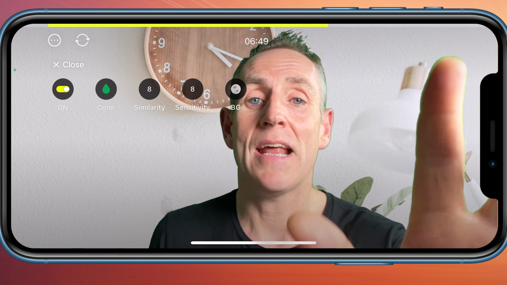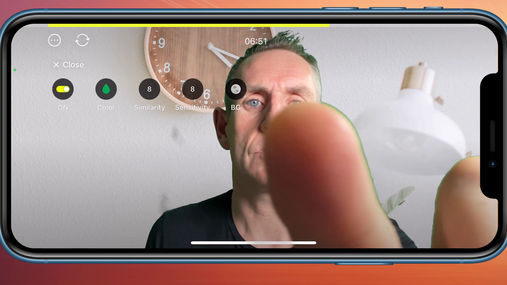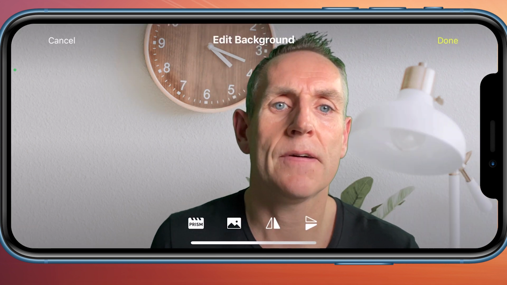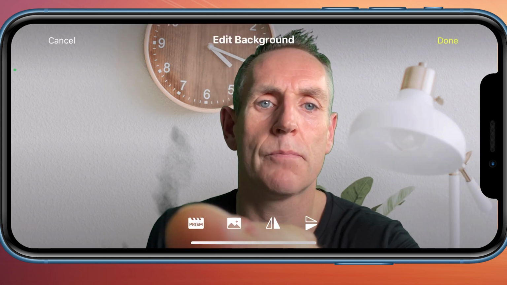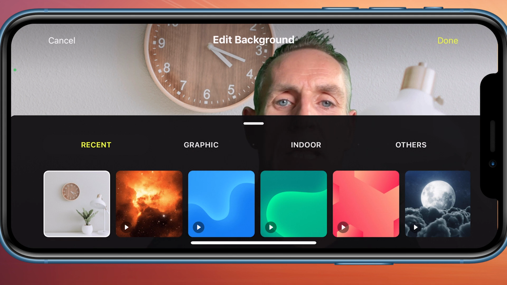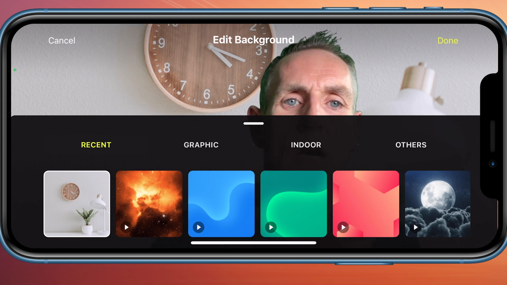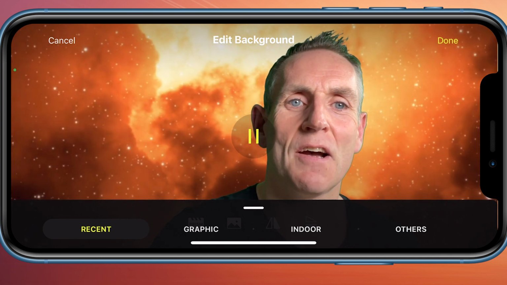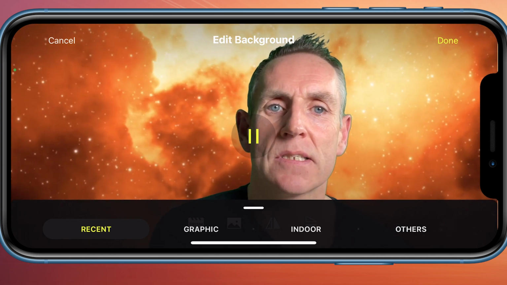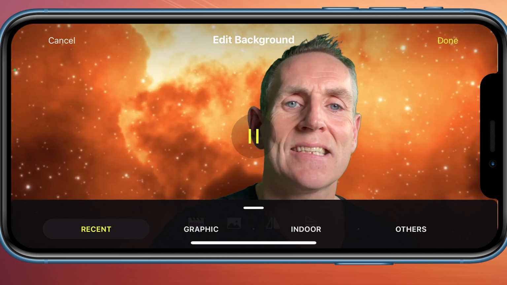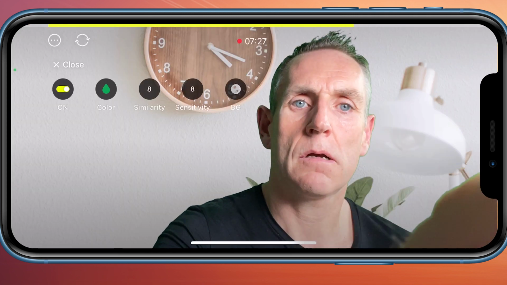So what I want to do now is select my background. We just go up to this area here, BG for our background. If I click on this Prism button here, I can select a number of backgrounds that Prism already gives. As you've seen the Officey background there, then we have the universe one there. If I play that video, you can see that moving. So you can play videos, not just still frames. Cancel that, go back to background again.